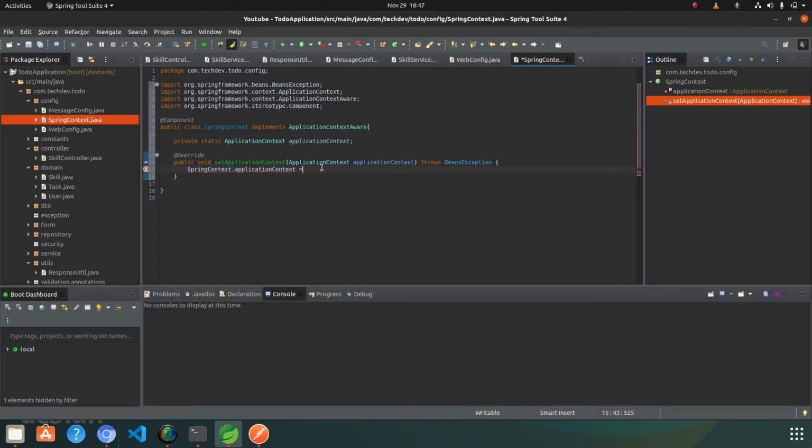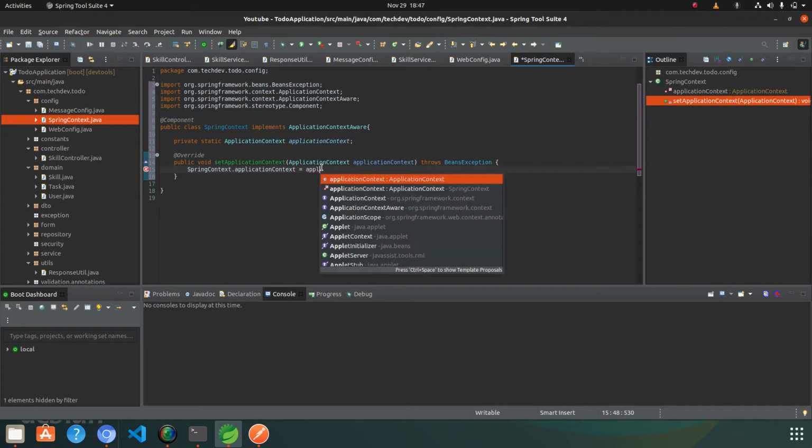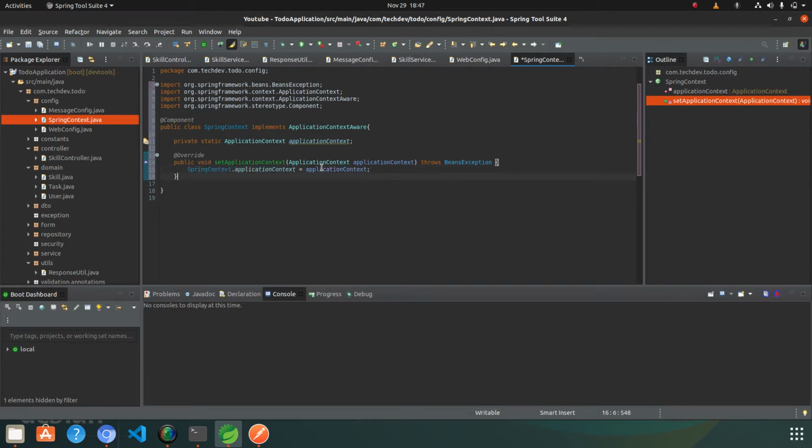Application context of this equals to this application context, and we have now the application context in our Spring context bean. So we can create a method for that so that we can easily get the bean from the application context anywhere wherever we want to take.